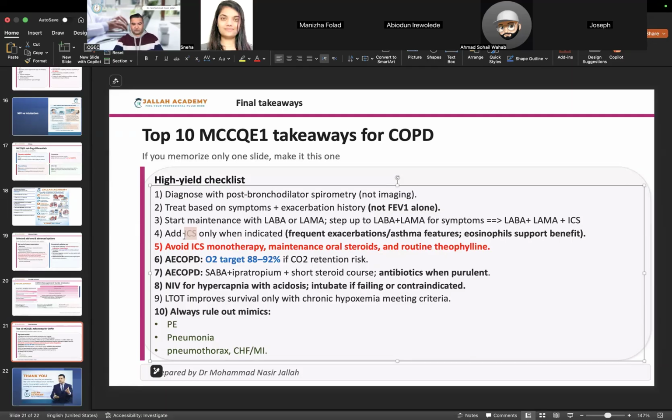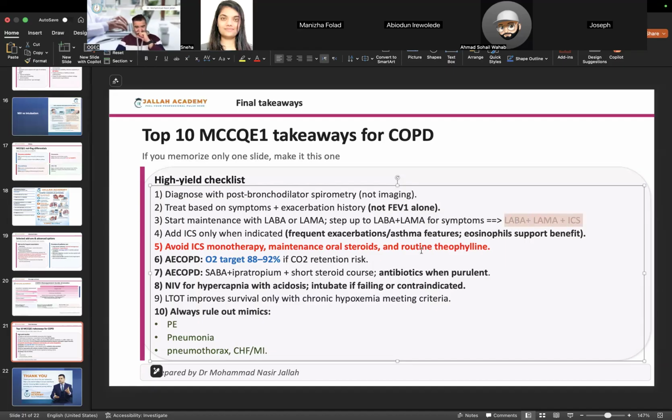Again, you have a COPD patient, you started the short-acting bronchodilator as needed. You stopped smoking, you did the vaccination, the exercise, and the pulmonary rehabilitation. Now you're starting the first line of treatment. What is the first line of treatment? This is the first line of treatment, LABA or LAMA. Now the patient is not improving. I'm going to the second step. The second step is LABA plus LAMA. Now the patient is still not improving. I'm moving to LABA, LAMA plus steroid, which is called triple therapy.